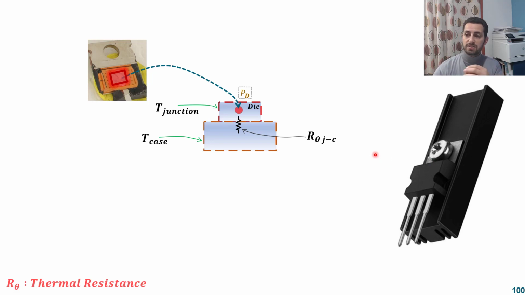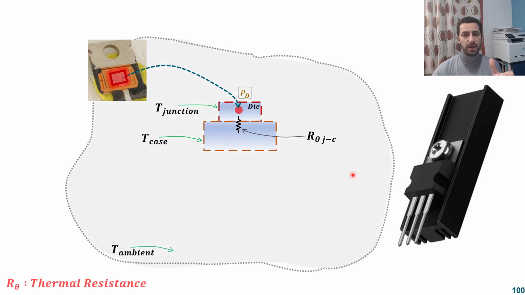That means maybe the front side here can deliver some temperature to the ambient and radiate it. So that's why we have ambient temperature here, and we have something called the thermal resistance between the case and the ambient, and we call it R theta case to the ambient, okay? But because that case can also be attached to the heatsink, if we choose to install a heatsink here, we